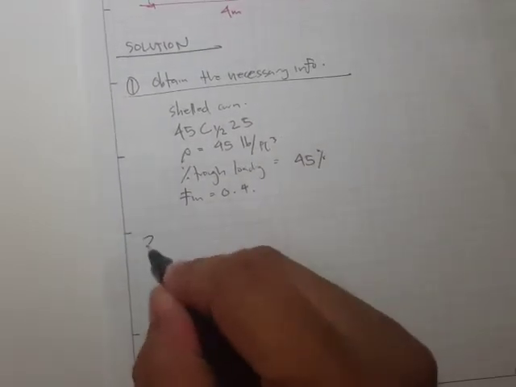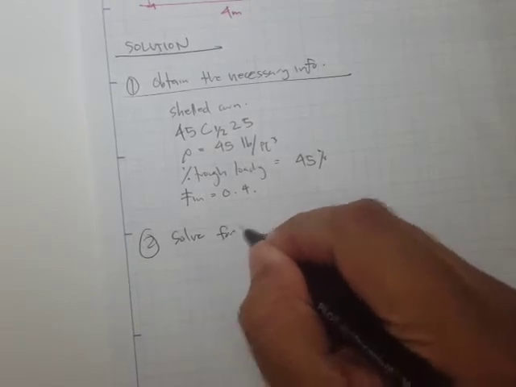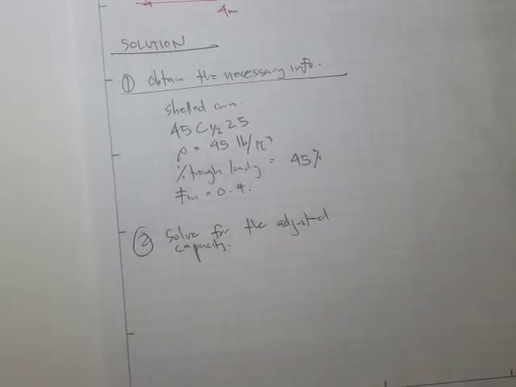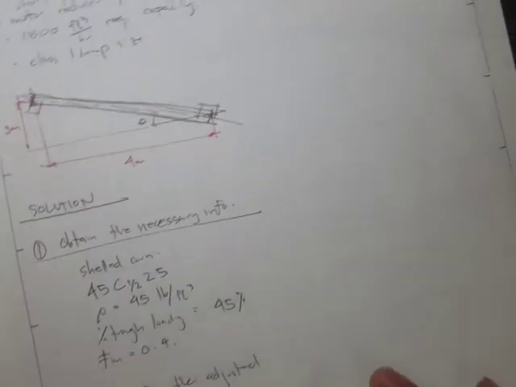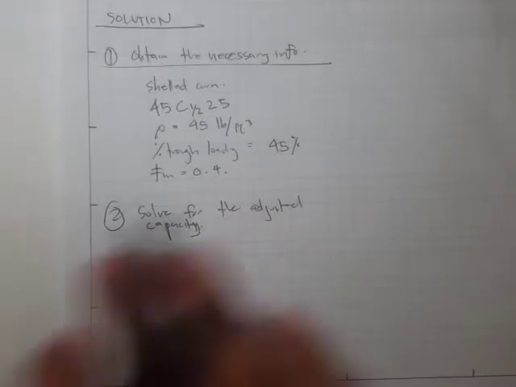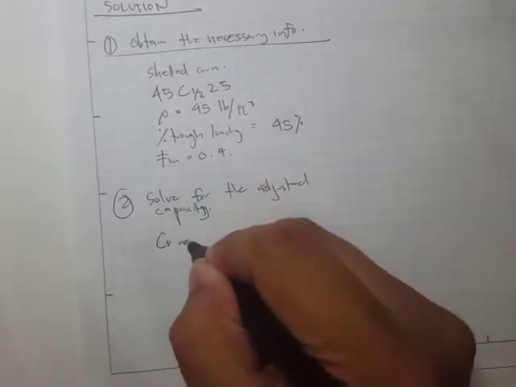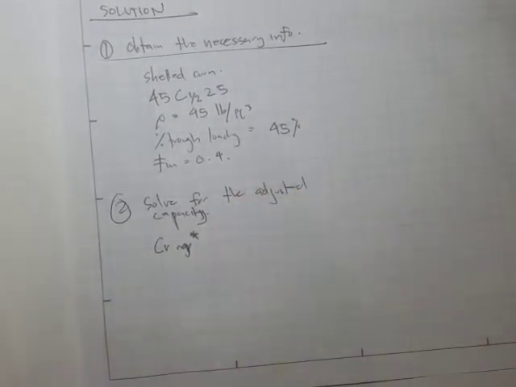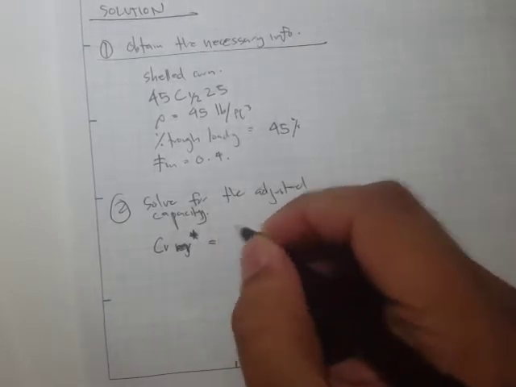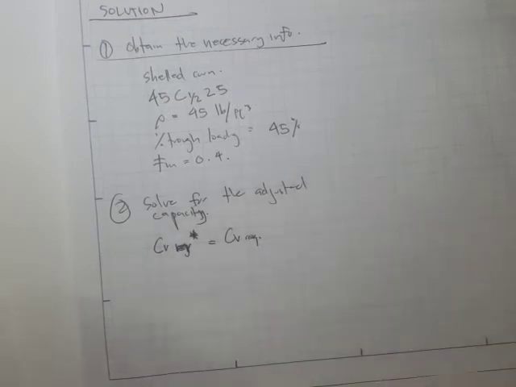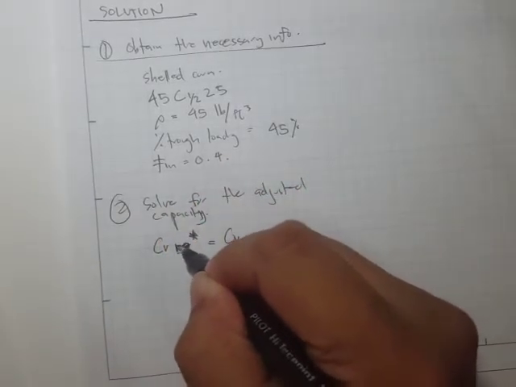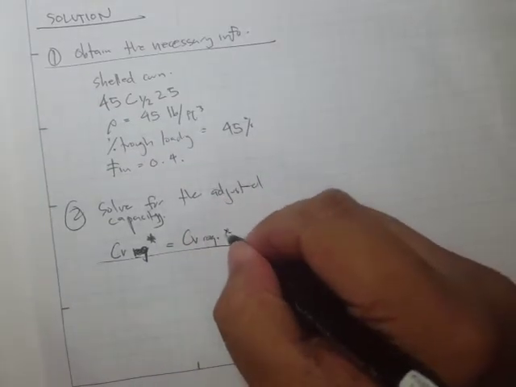Okay, so the next step is to solve for the adjusted capacity. Okay, so why do we need to solve for this adjusted capacity? It's because we have a short pitch. Okay, so meaning we have to multiply that to a capacity factor. So CV required, and let's just say that's adjusted, or we can just write an asterisk here. Okay, so that's adjusted, is equal to the CV required. Okay, by the way, what is this rev? That should be required. Okay, Q. Okay, required is just CV required, times the